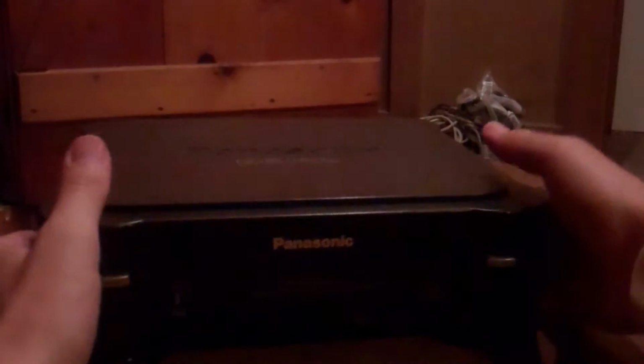And here is the beautiful 3DO. Now this is the original model. Again, it's in really good shape. I mean, it's got a couple scuffs here and there, but it's amazing how much detail went into this system. And it's not really too surprising after really getting one of these and looking at it. Not too crazy to hear that it was so expensive back in the day, because it's really built like a really powerful console. I mean, this is like top of the line,